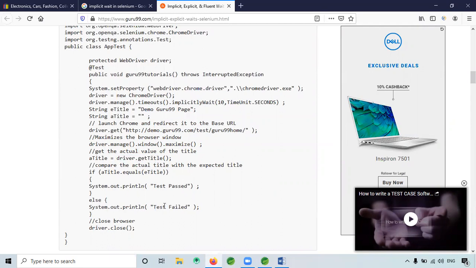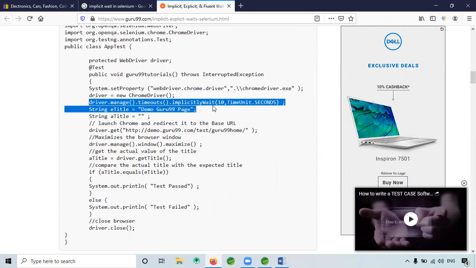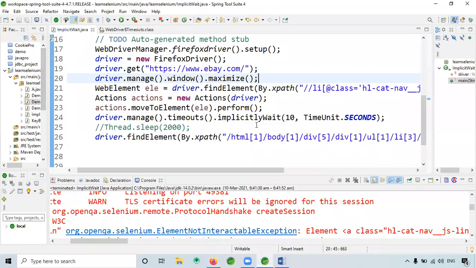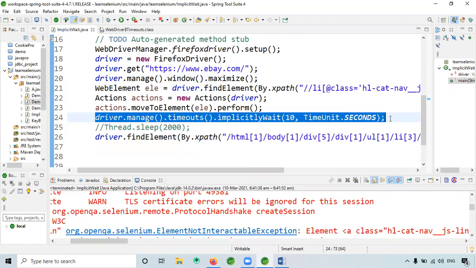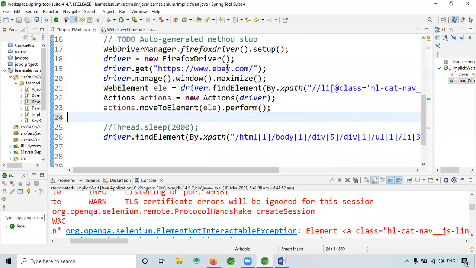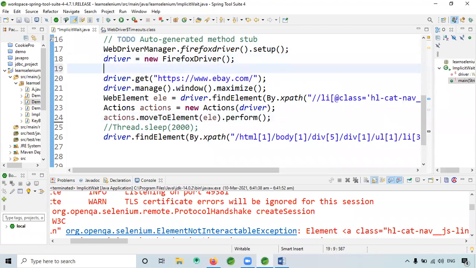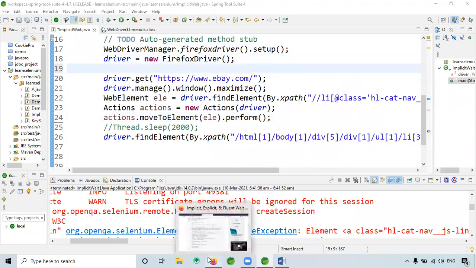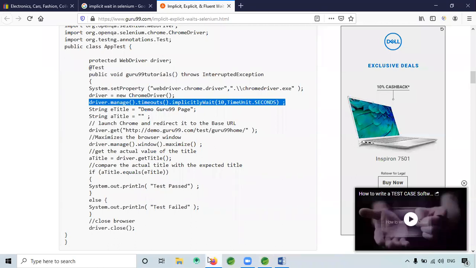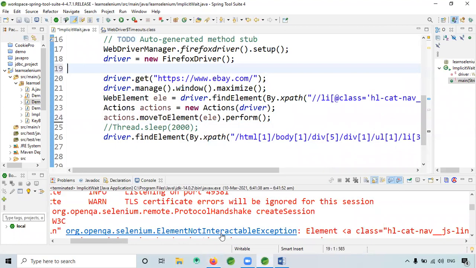Maximize here. Driver dot timeouts. So they used it on the top actually. Okay, let's see that as well. So here there is an, even before that, but then it will wait there, right?